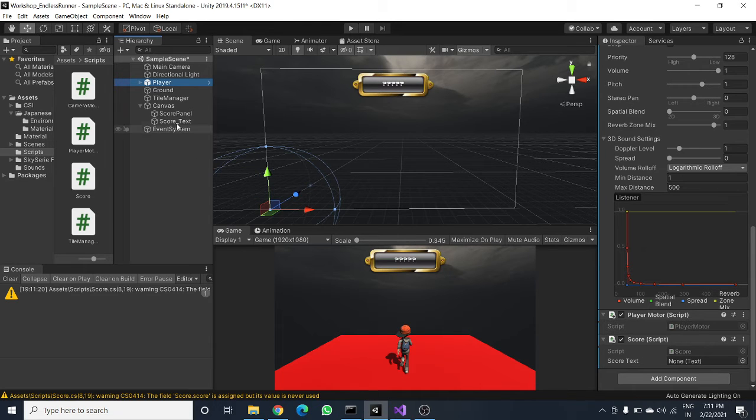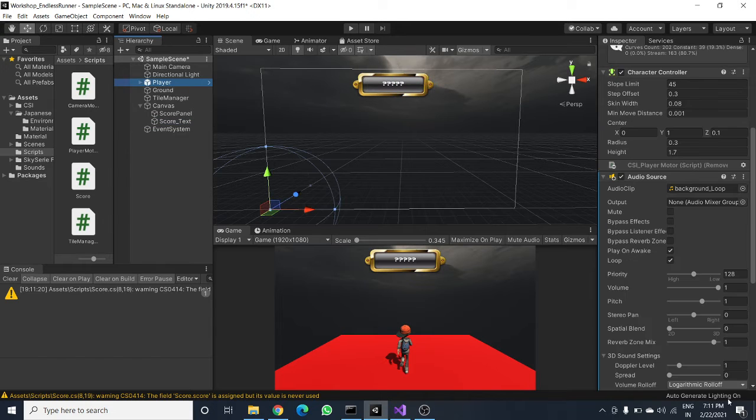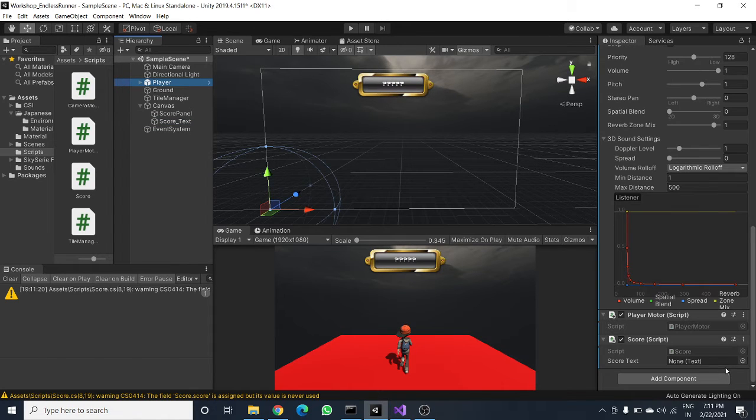I require this particular field to be accessed so that it can override the question mark and write down the text. So let's drag and drop to the score. I just expand my canvas and drag and drop this score text to this particular field.